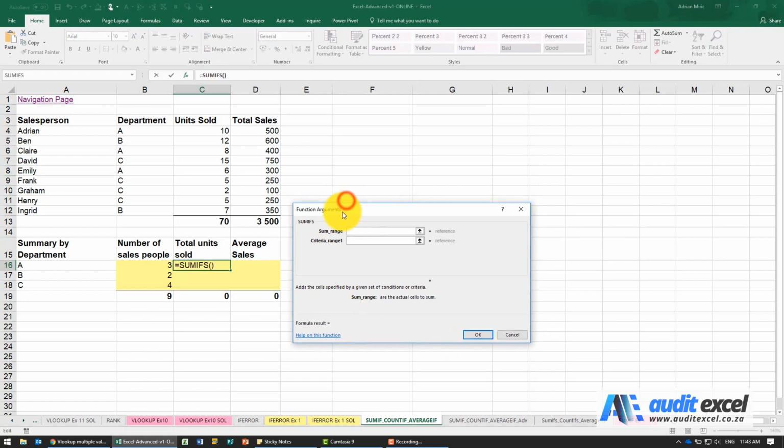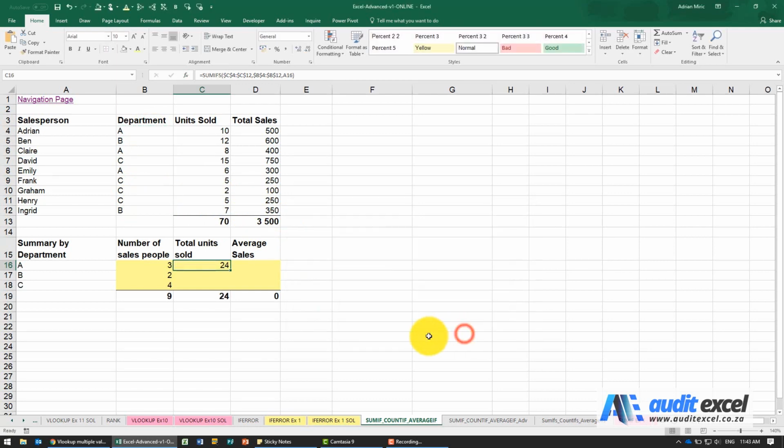And you'll see it's very similar to the COUNTIFS, except it's added one more criteria, which is the sum range. So what this is saying is once it's gone through all these things, what must it add up? So we're going to say it's the total units sold. So we're going to say, please, in the end, you need to add up that. I'm going to put my dollar signs on. Now we're going to give it its criteria. So it's asking for the criteria range 1 and criteria 1. We recommend you do the criteria first because it's easier to figure it out. So that's my criteria. So where must Excel go look for the criteria? Let's go look over here. Put my dollar signs on.